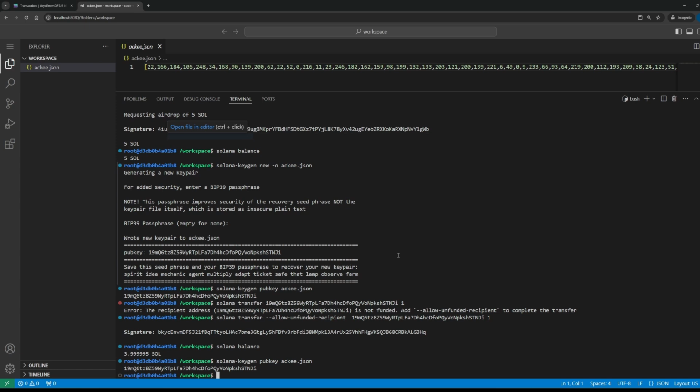Obviously, in real-world scenarios, you won't have the JSON file because the JSON file contains the private key. So if your friend has some address, you won't know the private key of your friend's wallet, because if you know the private key, then you can steal his funds.